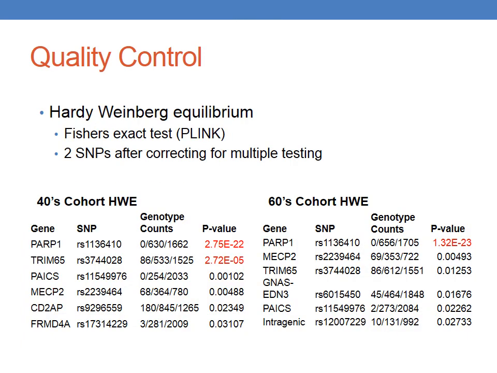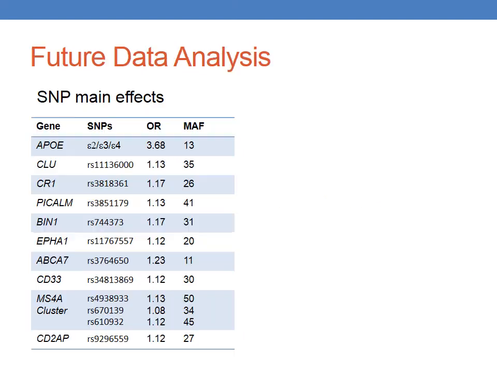So in terms of Hardy-Weinberg equilibrium, I performed a Fisher's exact test within Plink to identify SNPs that were out of Hardy-Weinberg. This identified initially 6 SNPs within the 40s cohort and another 6 SNPs in the 60s cohort that were out of Hardy-Weinberg. However, this was at a p-value cutoff of 0.05. Once you correct for multiple testing, this only leaves 2 SNPs, PARP1 and TRIM65, that are out of Hardy-Weinberg equilibrium. So these quality control checks indicated that the data was fairly robust